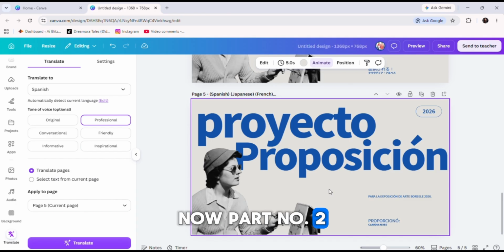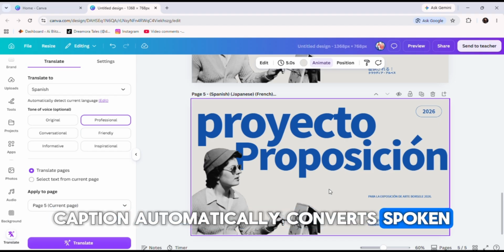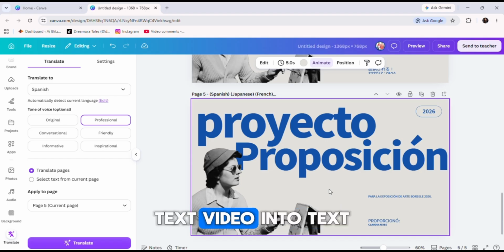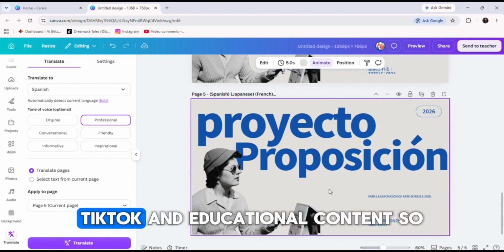Now, part number 2, which is AI captions, okay? Firstly, let me tell you about AI captions, and then we will start our practical. Captions automatically convert spoken words in a video into text. This is extremely useful for YouTube videos, Instagram Reels, TikTok, and educational content. So,